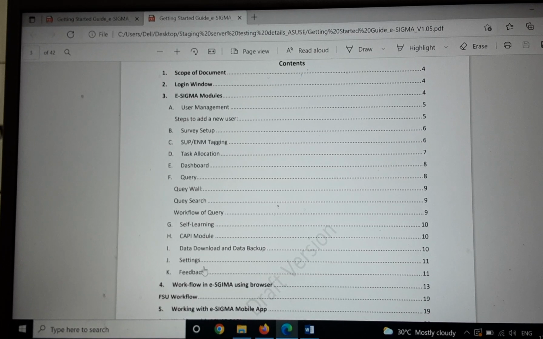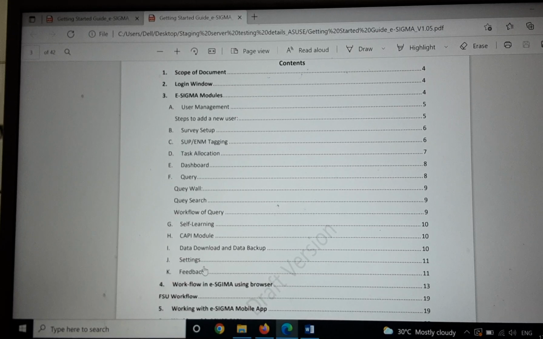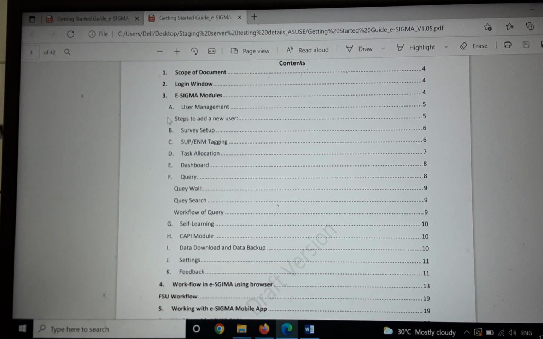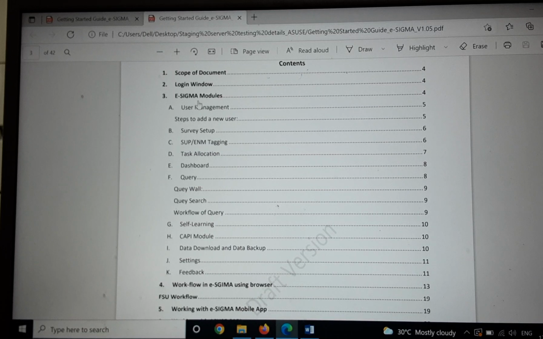Now moving over to ASUS 2 schedule. For canvassing the data of ASUS round 2, two different applications have been designed. The first application is CAPI, and as the name suggests, CAPI is accessible in tablets only. Also, this CAPI is one of the modules in eSigma. As you can see from here, CAPI module is one of the modules of eSigma. The user need not log into this CAPI module separately. It is invoked through eSigma only. In other words, the user will have to first log into eSigma and from there choose CAPI module to navigate to the main survey canvassing page.